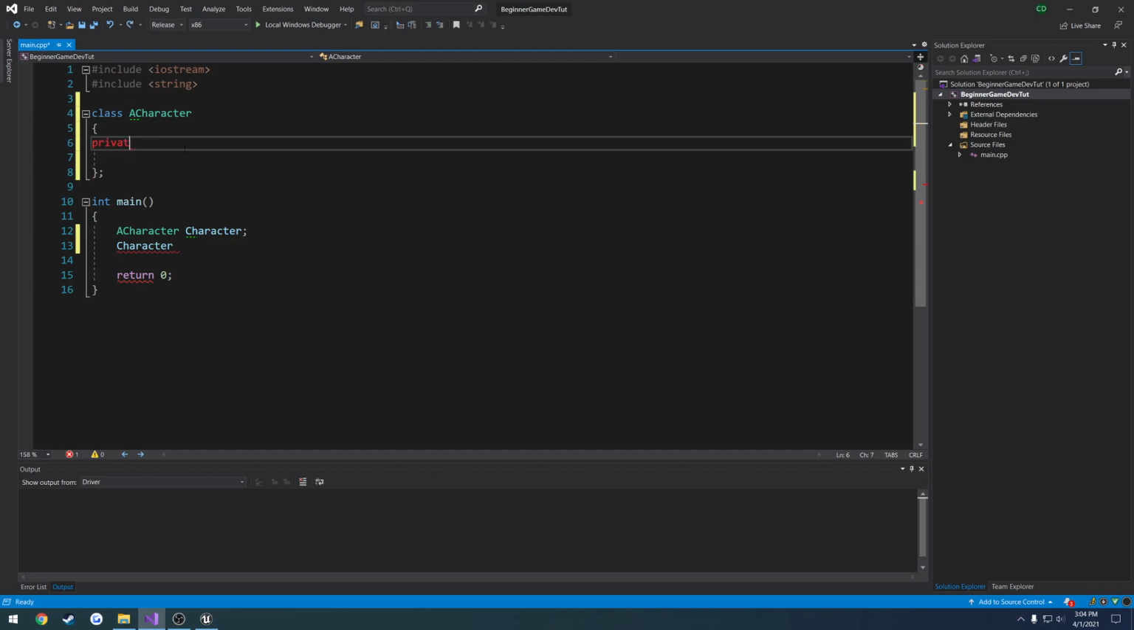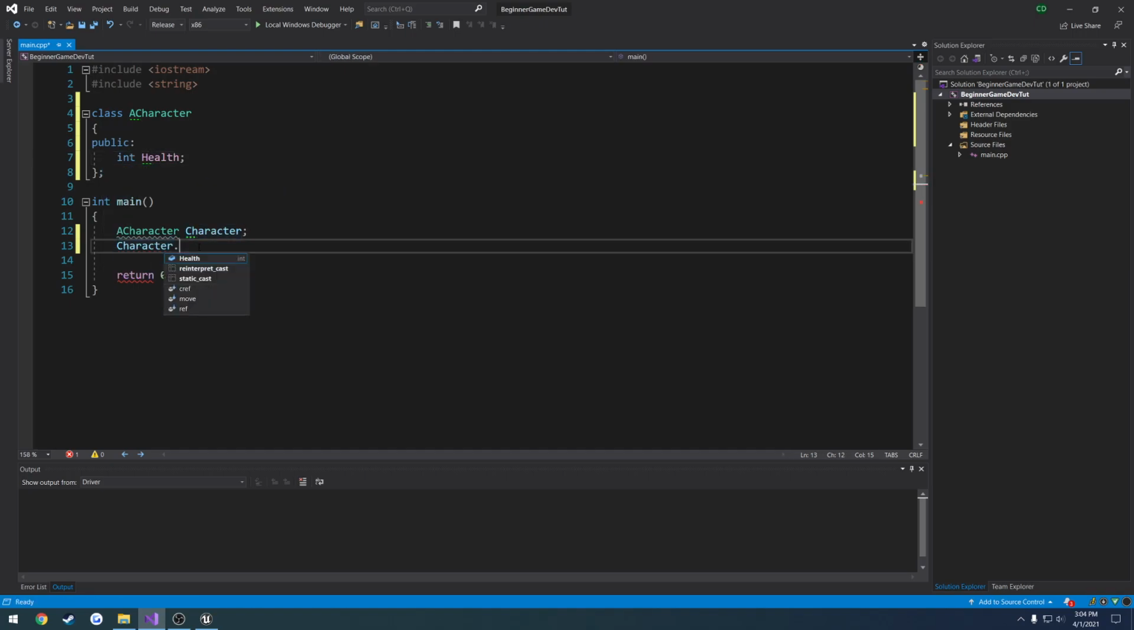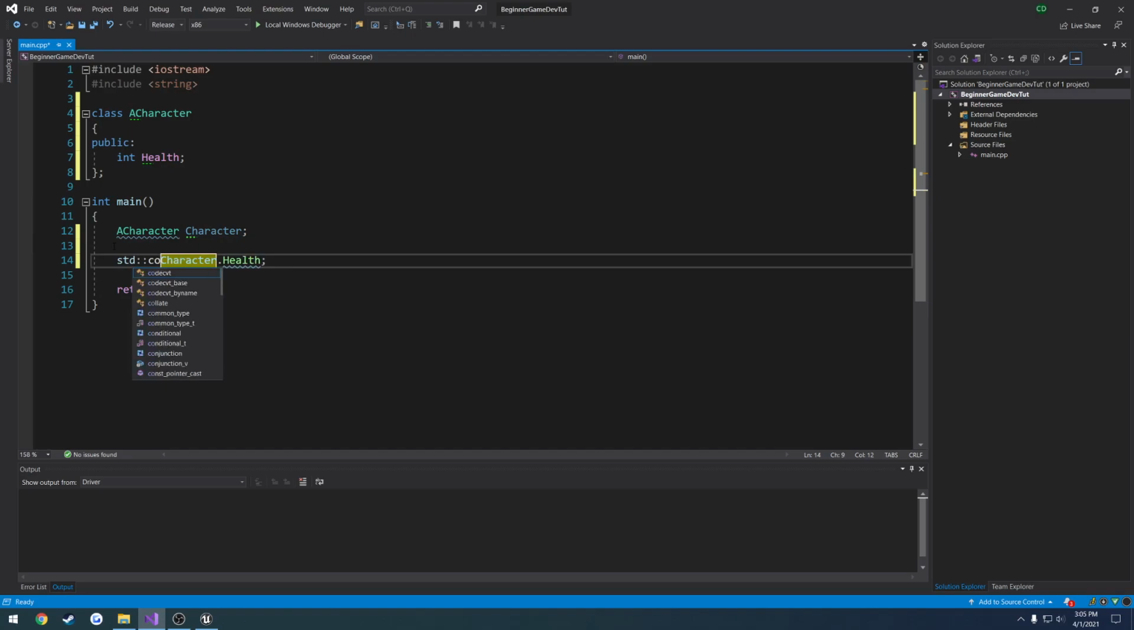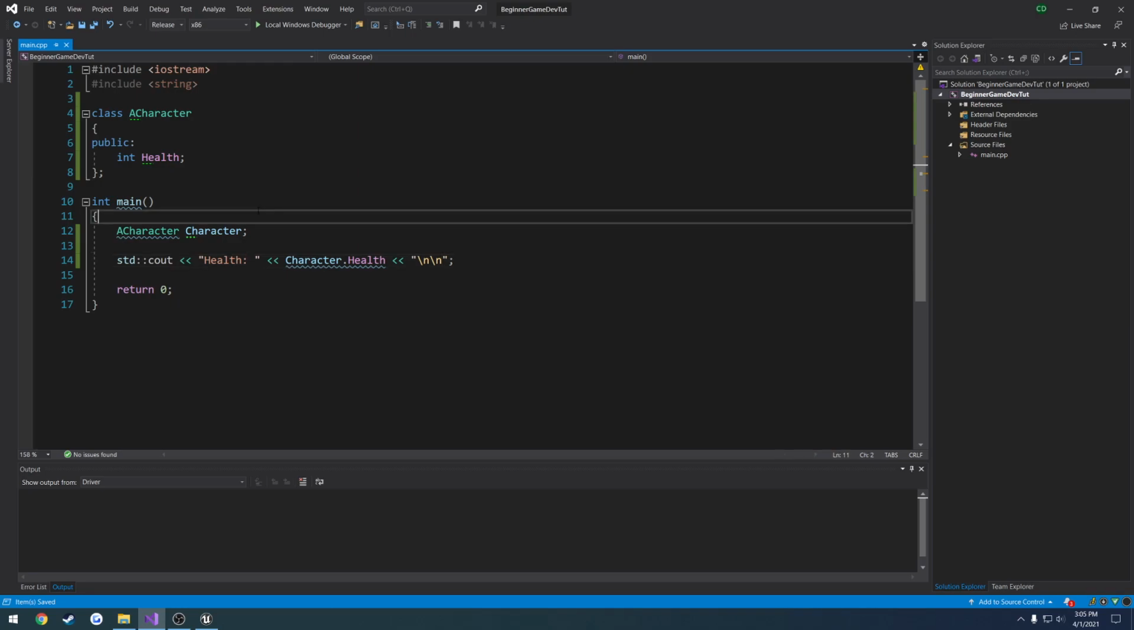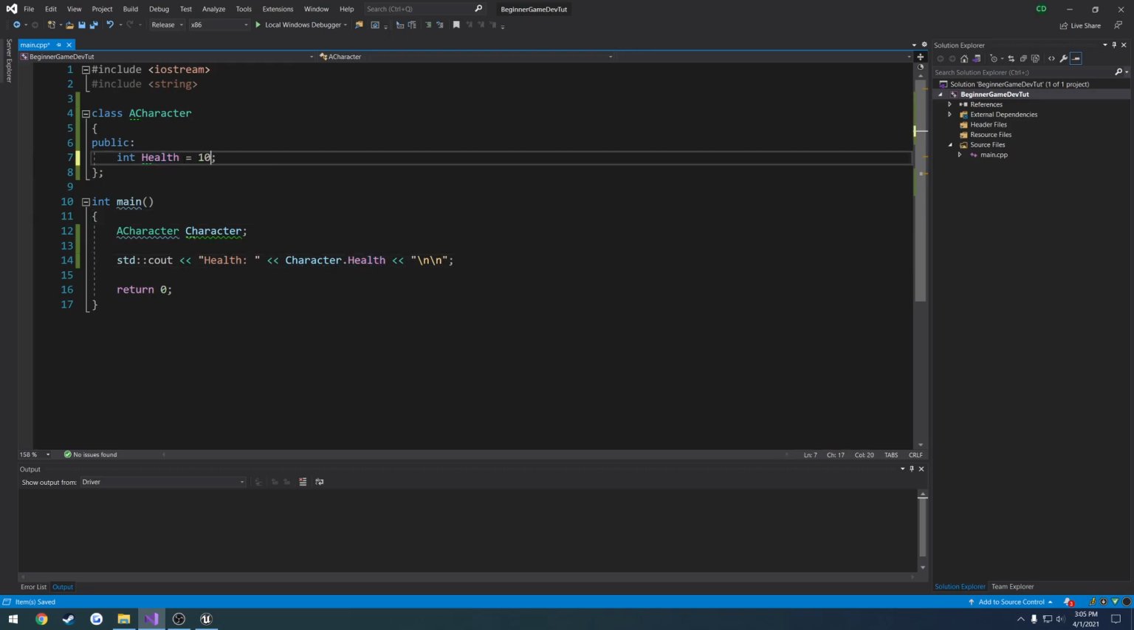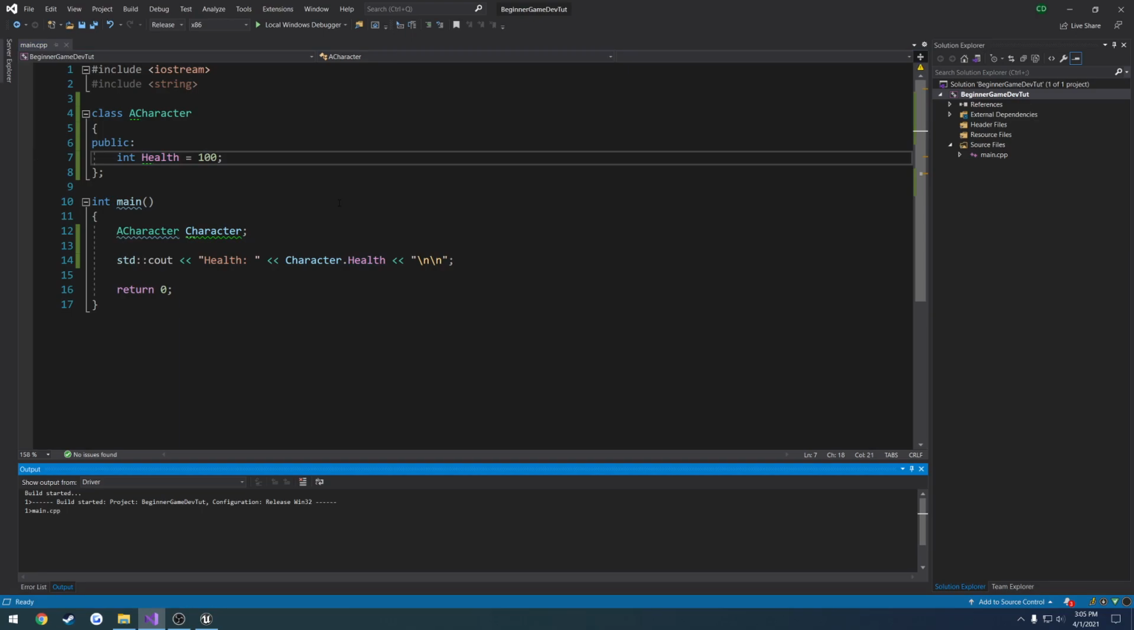We're going to start out with public. Public is stuff anyone can access. What's an example of that? Let's say we have our character, and we want our character to have a variable called health. So we're going to do int health. Now when I go to our character and press dot, we have this variable called health. We can even print that out: std::cout character.health, just a couple new lines. Let's set that to a default value of 100. Run it, and we should see 100 getting printed out,